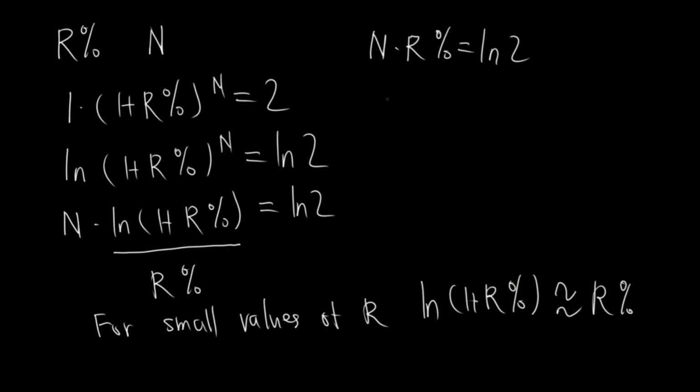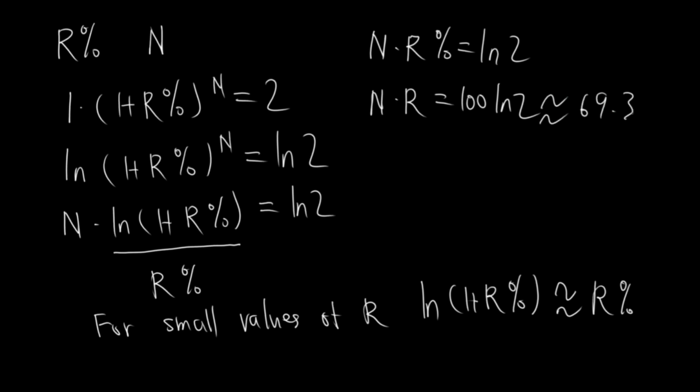Now we will multiply both sides of the equation by 100 to remove the percentage sign. And now you can see we've already arrived at a pretty neat equation. We simply need to figure out the value of 100 times the natural log of 2. Let's check the calculator. 100 times the natural log of 2. And the value is around